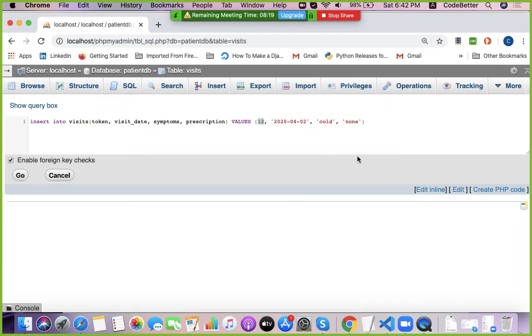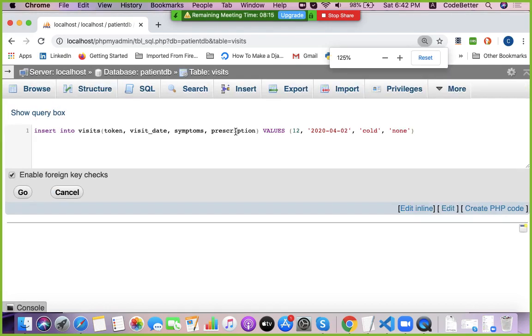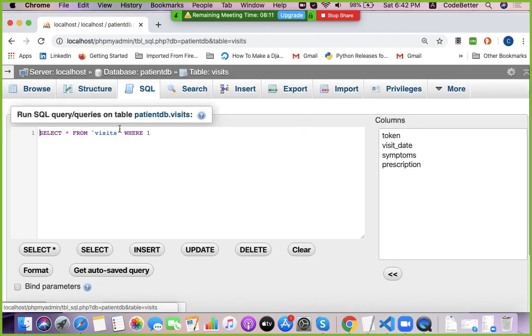So now this is what we have added. Let's fetch all the rows of the visit table.